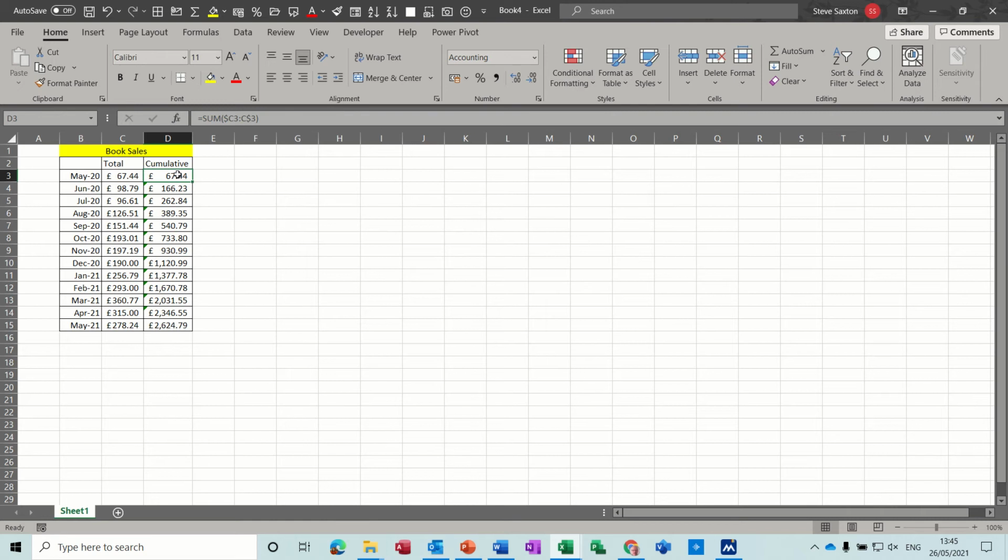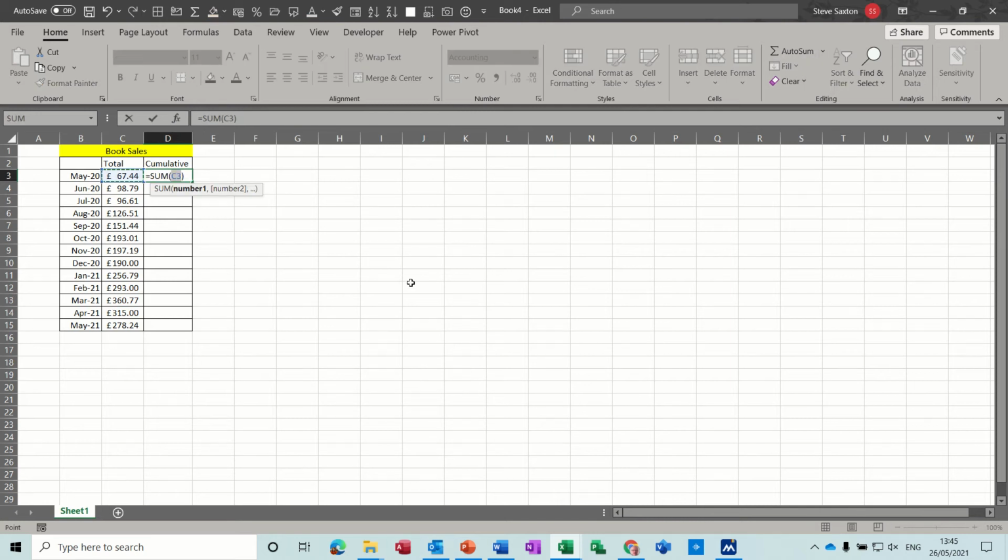So if I delete this off, I'll do it again. These are your sales each month, and what you want in the cumulative column is to give you a running total of your sales. So I'm going to do the sum function, and then what you do in there is you do a colon and click it again, but you lock the first part of it with the dollar signs